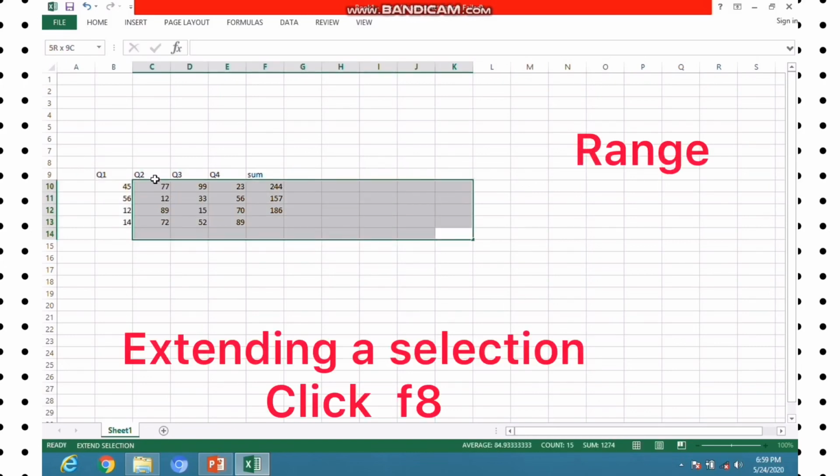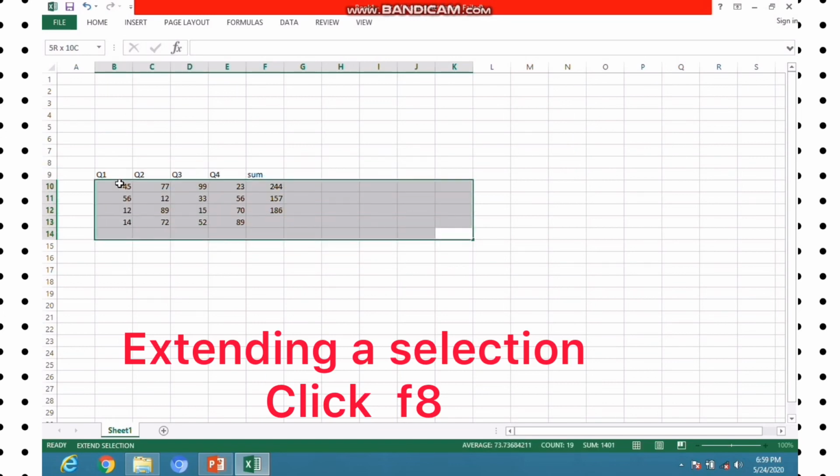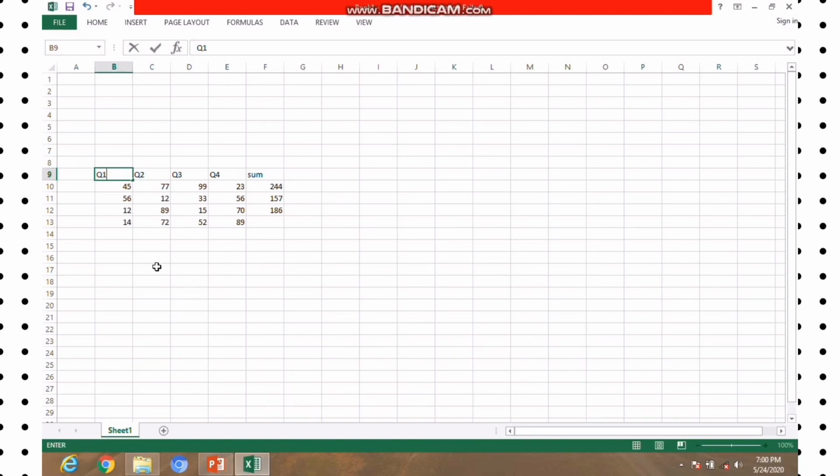Now we can see how to select a particular range of cells. For that we can select with the help of the mouse and keyboard, and we can select a range. For extending a selection, we press F8 on the keyboard.